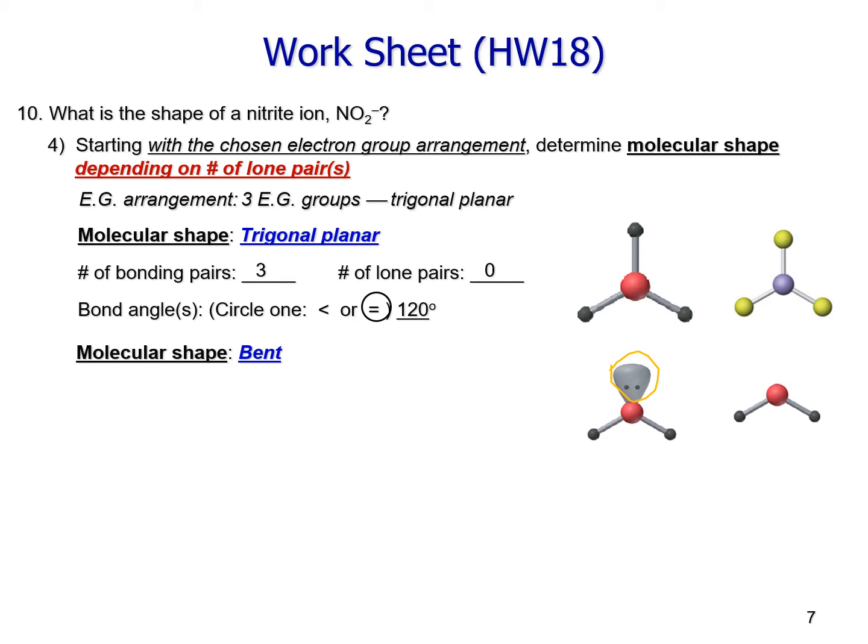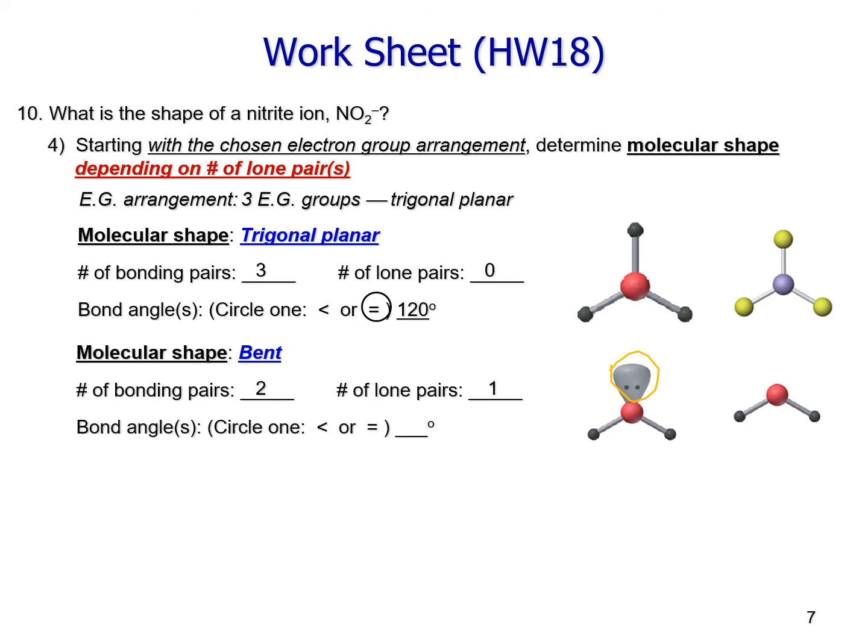And after we take away the lone pair, this is what we see for an entire molecule, as we call it bent. Now we understand the bent has two bonding pairs with one lone pair. The bond angle has to be less than 120 degrees, because the presence of the lone pair will make the bonding angle less than the ideal bonding angle,